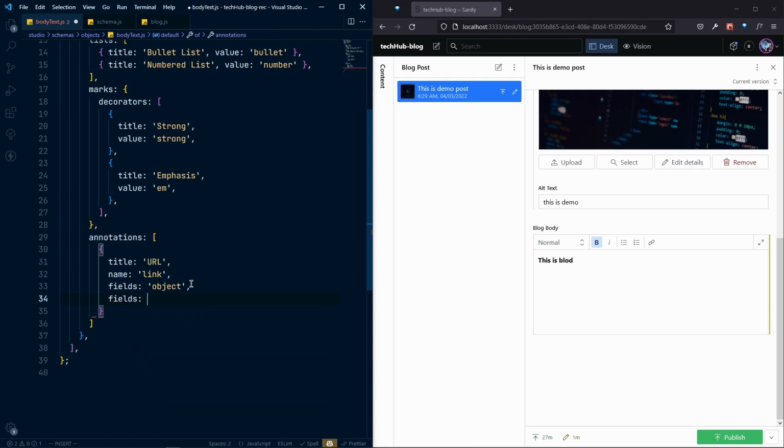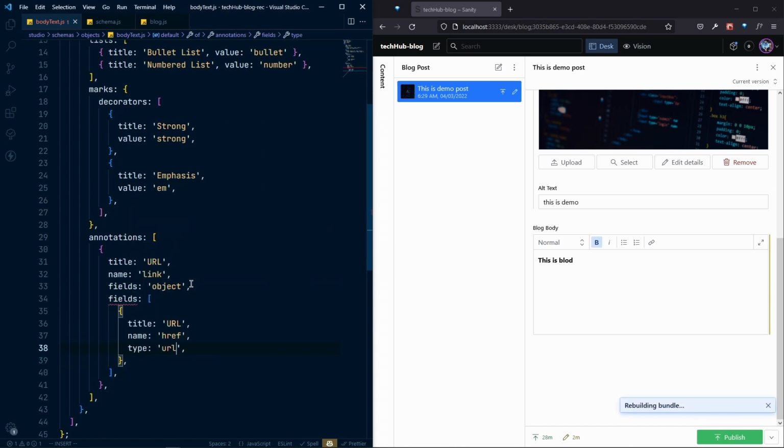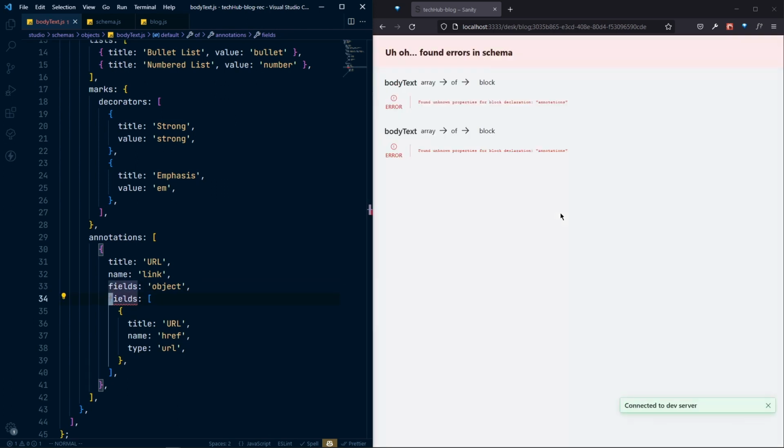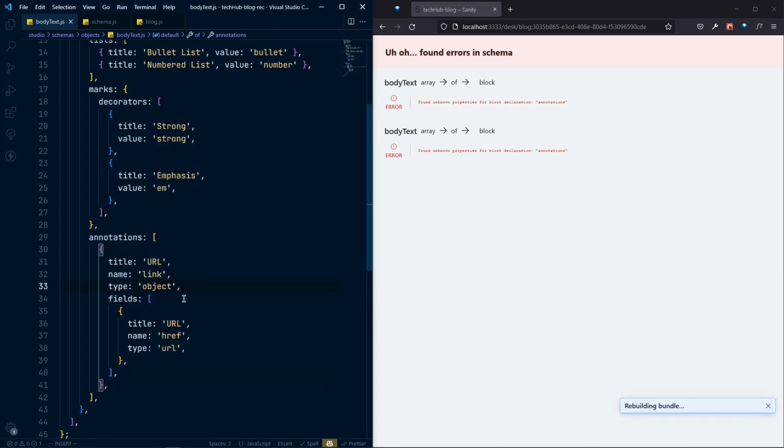So fields. Inside the fields we will have a title. The title will be the URL, and for the URL we already have a default pre-built Sanity type. So that's what we will use. So href will be the name and the type will be the URL, and that's it. If I save fields, okay, we have this duplicate. So this one, the type will be the object, fields will be the array. And if I save,